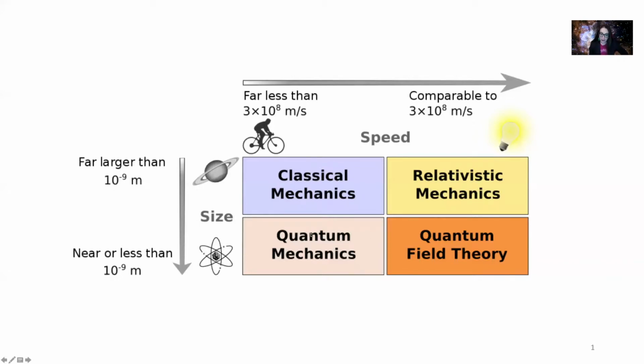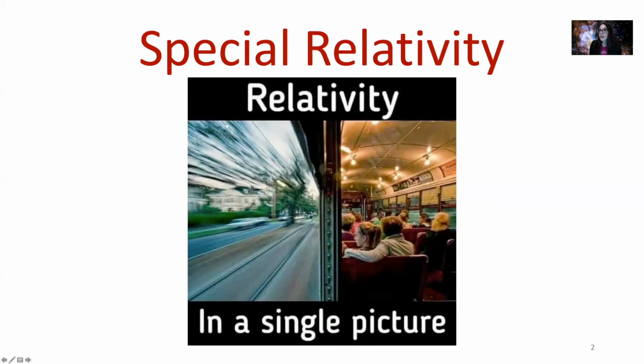When we start thinking about things on the smallest scales in our universe, things near or less than 10 to the minus 9 meters, when we get all the way down to the scales of individual electrons and protons, for example, that's whenever we start thinking about quantum mechanics. And our next few mini lectures are going to be covering relativity and quantum mechanics. This mini lecture is going to be all about relativity. What do I mean by relativity?